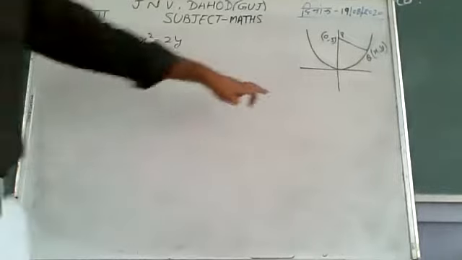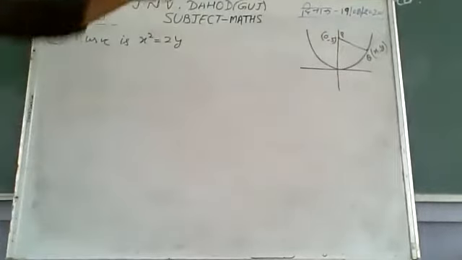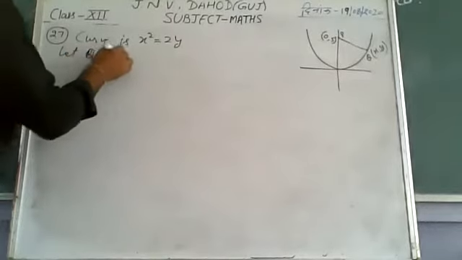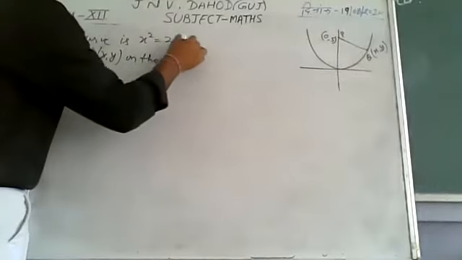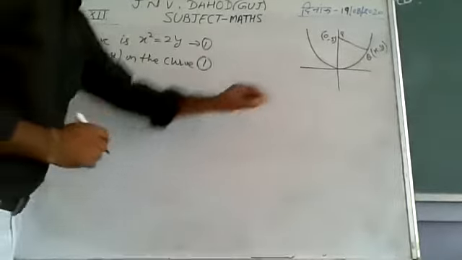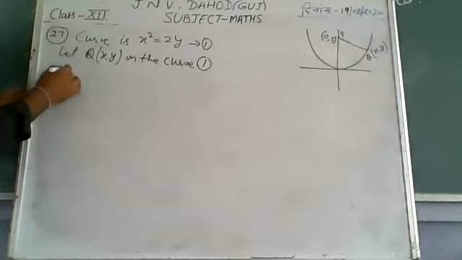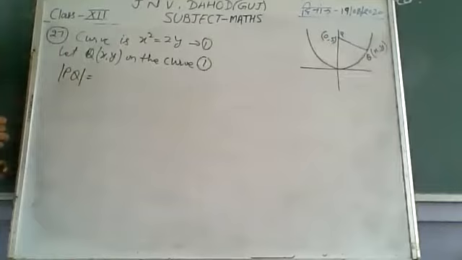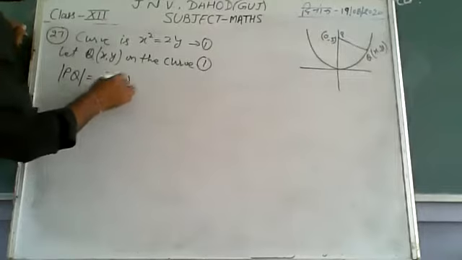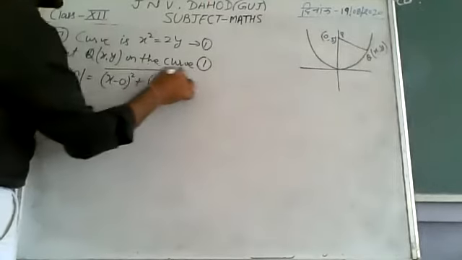So we have to find a point on this curve such that its distance from the point 0,5 is minimum from this point। So let us suppose this is the point xy। Let the point Q which is xy be on the curve, which is curve number 1। Now according to the situation the distance of the point P from the point Q should be minimum। This is the distance PQ, should be minimum। PQ distance by distance formula is x2 minus x1, that is x minus 0 square plus y2 minus y1 square, y minus 5 square under the root।